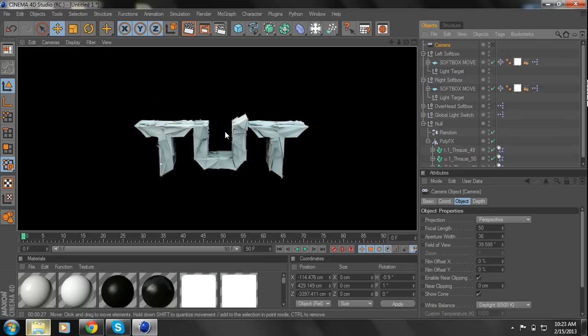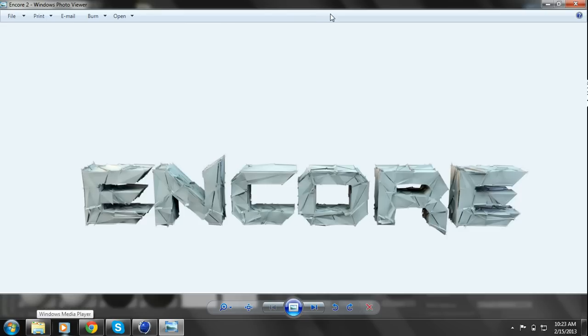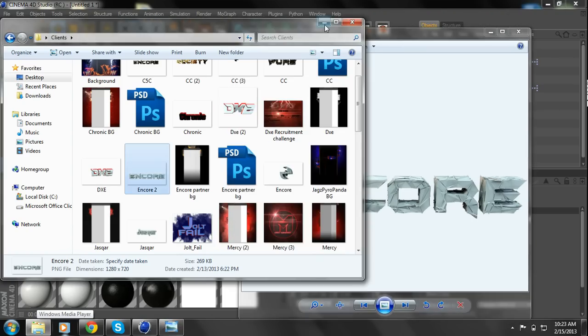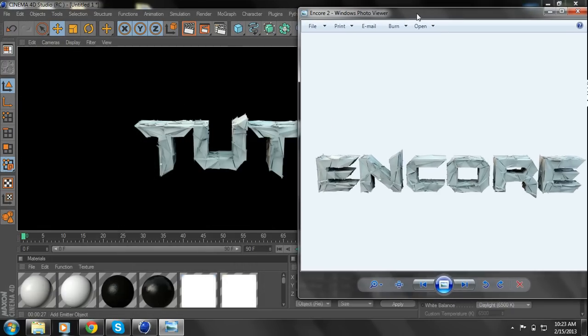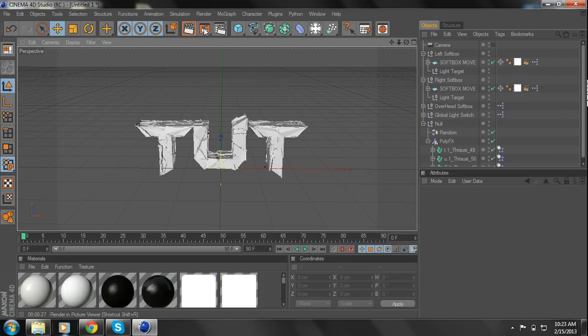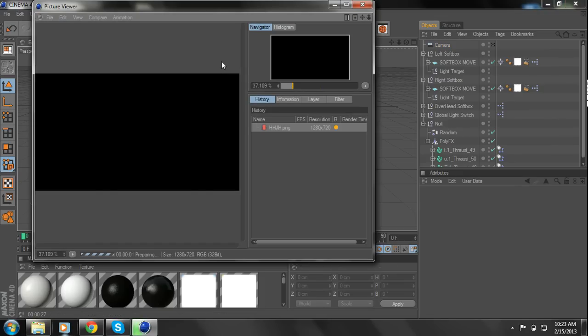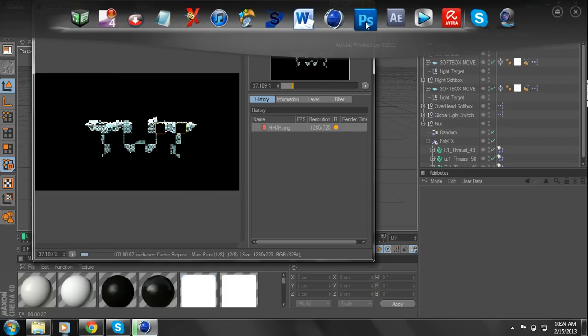Okay, you can see it's like the text I showed you before. Look here, it's the same. And if you wanna put some, I'm gonna render it out to my PC. Now I'm gonna open Photoshop so you can see how to put anything else in there and change the color